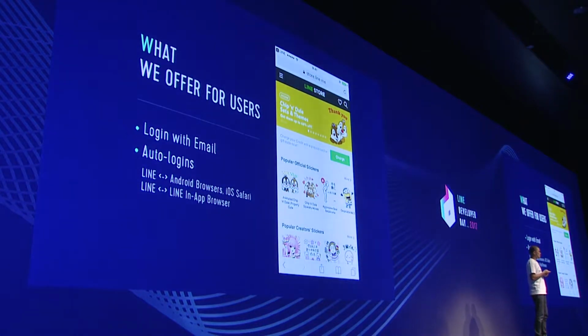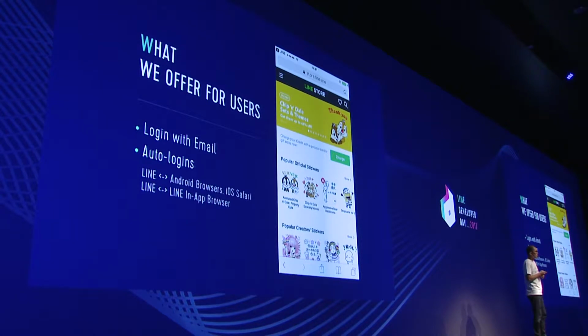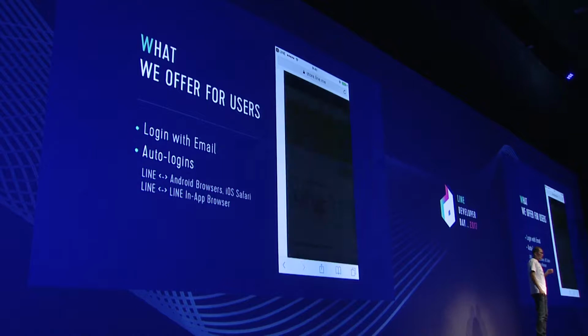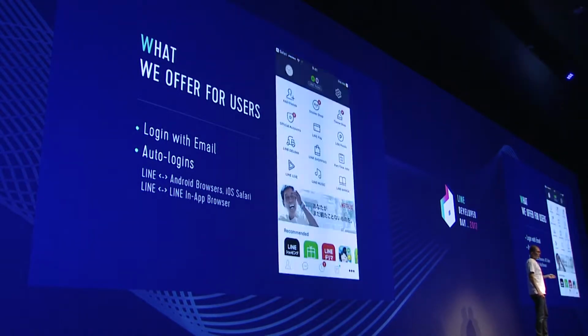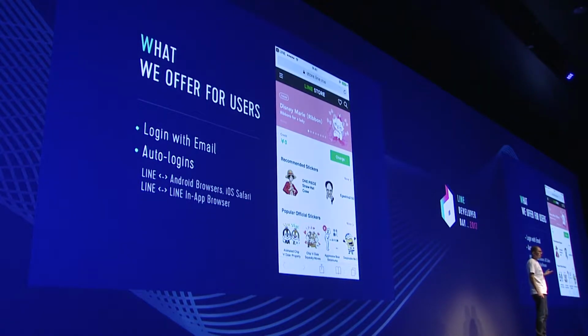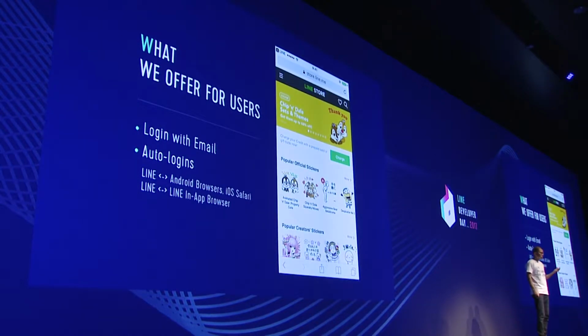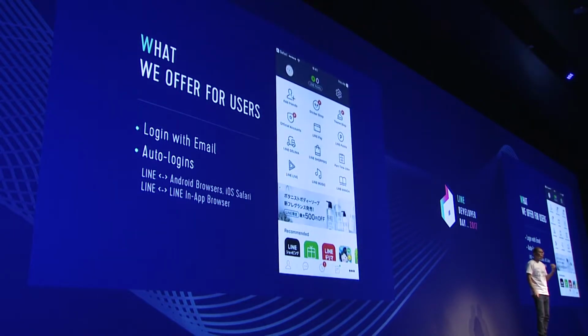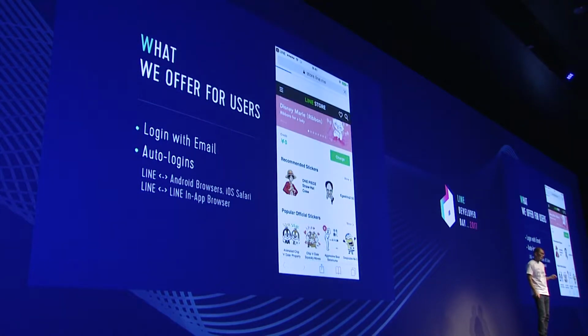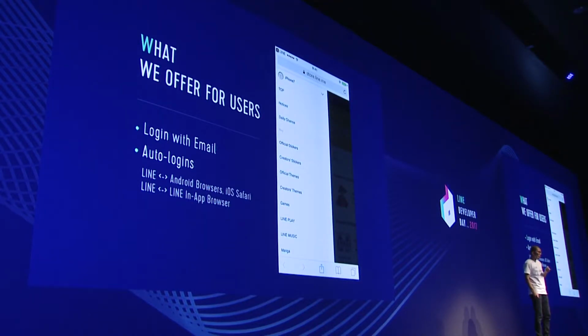Here are some features available to users. Obvious ones are logging in with one's email address. There's also the auto login feature, which supports login. To explain in more detail, a website opened in Line's web view or an external browser on the Line app. From a web app that has Line login implemented, when users want to log in,